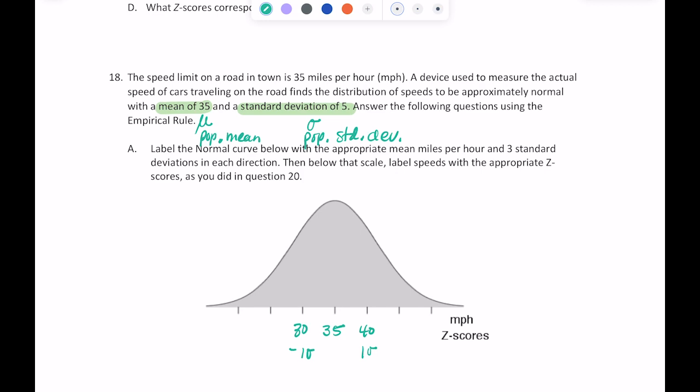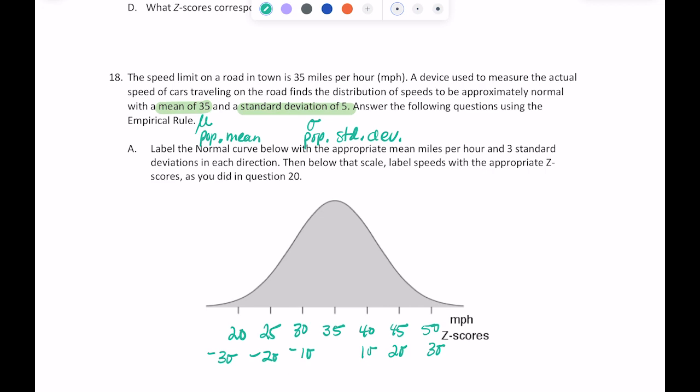Okay, I'm going to go back to the mean. 35 plus 5 gives us 40. 40 plus 5 is 45. 45 plus 5 is 50. So this is 2 standard deviations, 3 standard deviations. And if I go backwards, I'm just going to subtract 5 each time. So we know that this 25 miles per hour is 2 standard deviations below, and 20 miles per hour is 3 standard deviations below. So there's my normal distribution set up